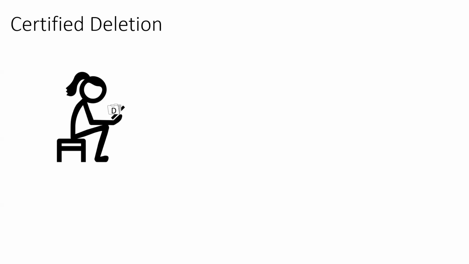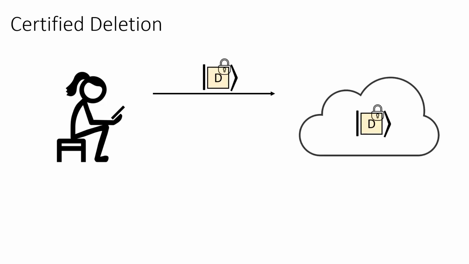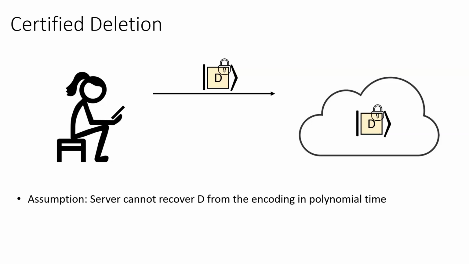So Alice is sitting on her phone, and she has some data. It could be some images or some notes or whatever that she wants to upload to the cloud, so the cloud can store it. And we want this to be private, okay? So we'll assume that she's using some encryption scheme and the server can't recover her data from this encoding,